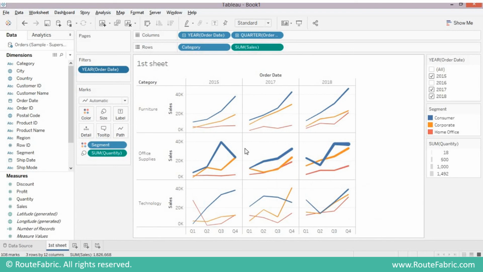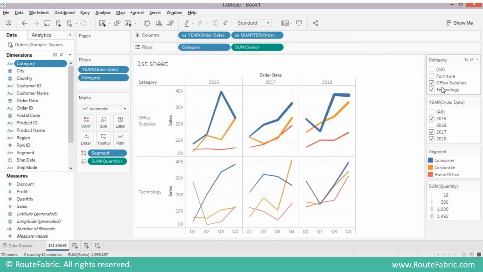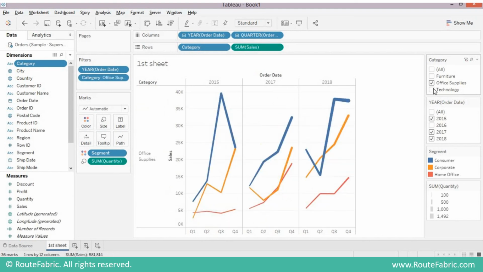Now let's add another filter. We'll put category into filter. Let's right click here and say show filter. You can see category added here, and we got the filter legend as well. So if you don't want to select furniture and technology, and you want to see only office supplies, then you can just remove them.